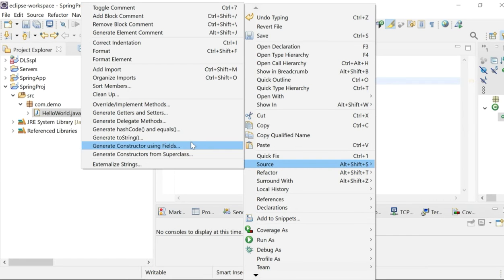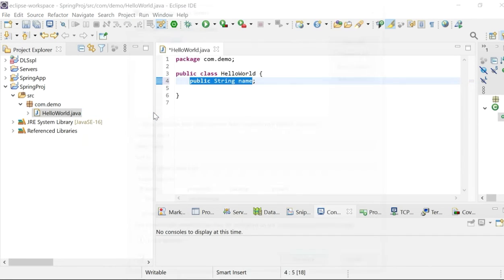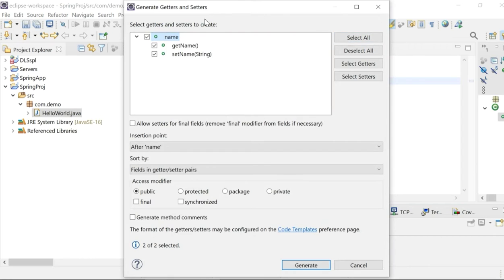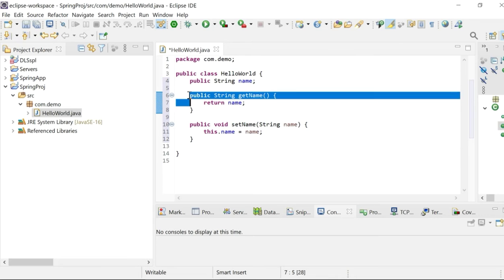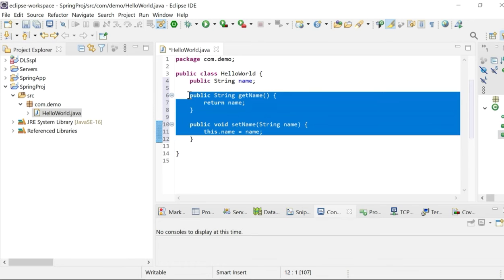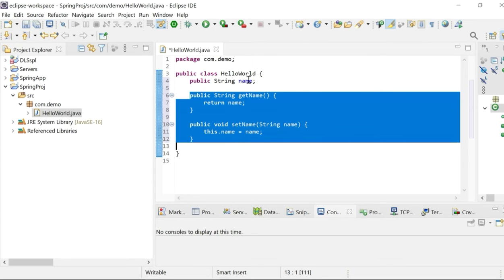Then you will find one more option, generate getters and setters. Click on it. You will find this pop-up window. Here you select all and then click on generate. So now you can see the getter and setter methods for the variable name.